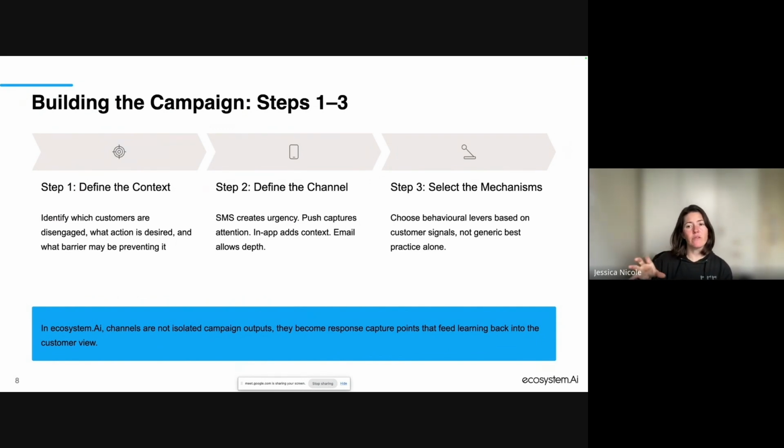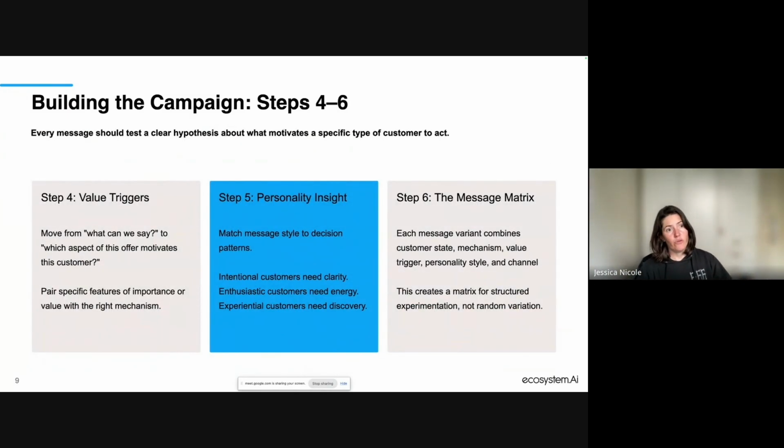Right, so the mechanism selection part of this is actually a very delicate process. Now, what I tend to do is go quite broad with my mechanism selection. I will try to see, okay, based on the channel and the context, what could our mechanism selection potentially be? And then I'll move on to step 4. So these 3 steps are what get us to the final messages that we have.